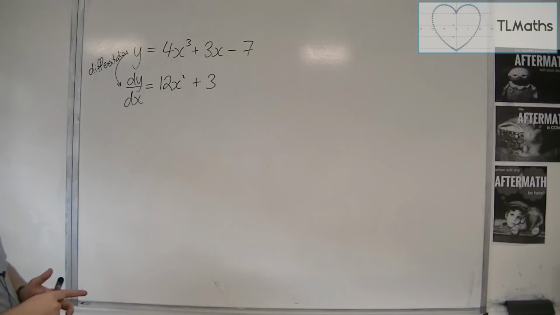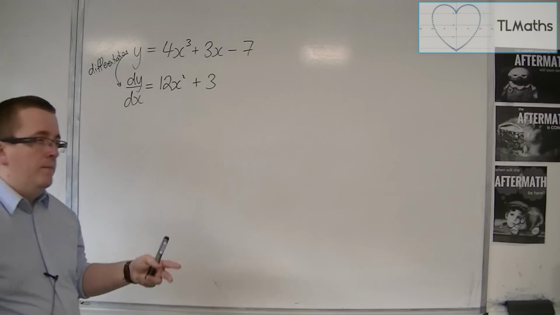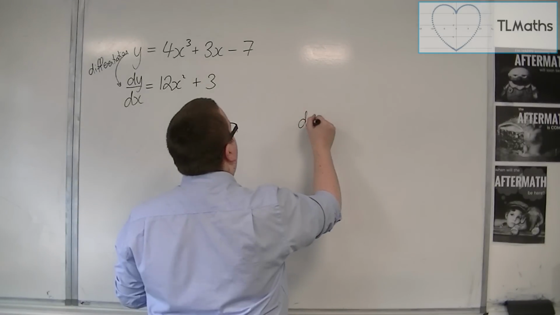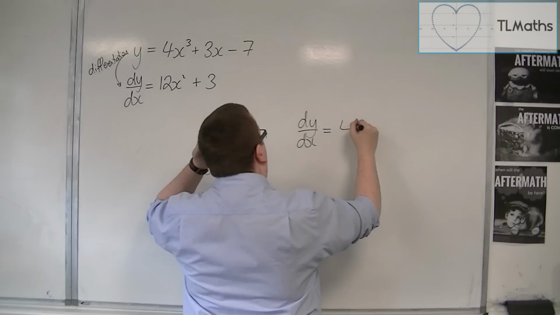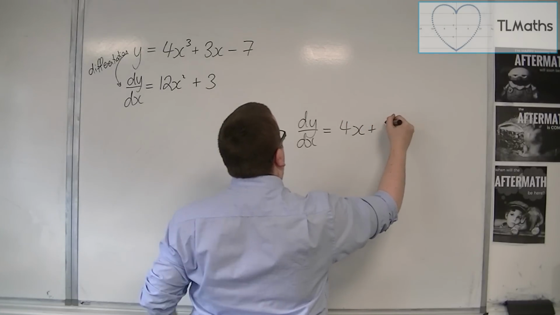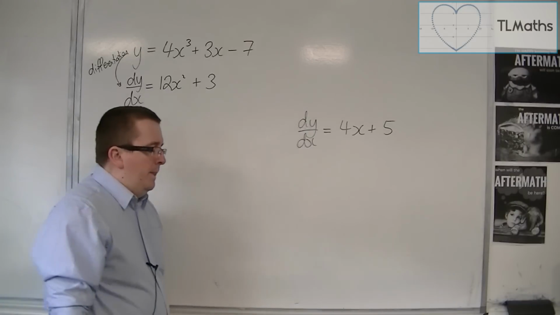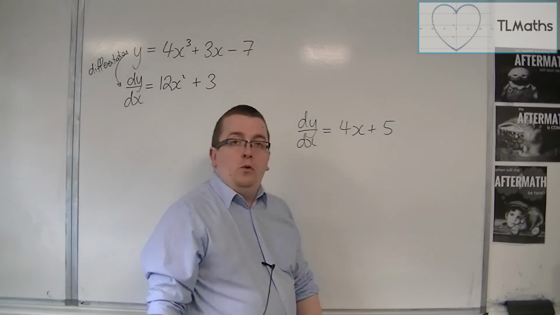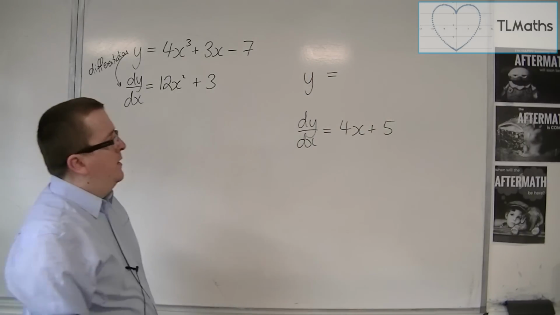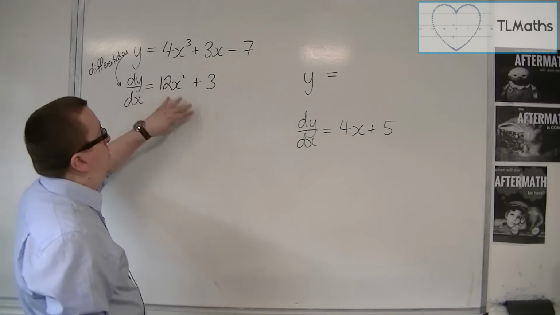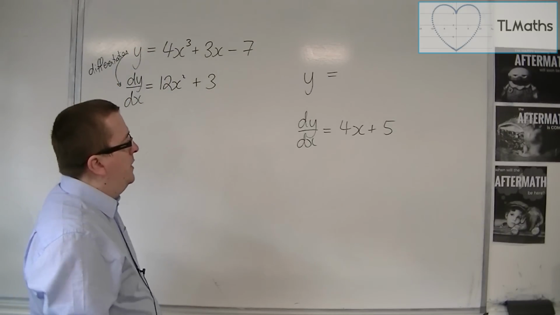okay? So that's differentiation. Now, let's say we have been given dy by dx. So let's say dy by dx is 4x plus 5, for example. And what I want to do is I want to work out what the y would have been. Okay? So I'm starting now with the dy by dx, and I want to work out what y is. Well,